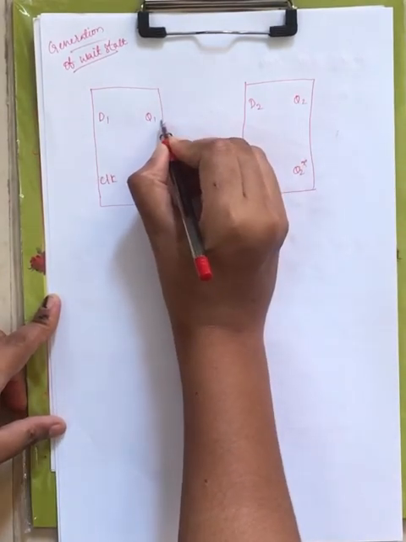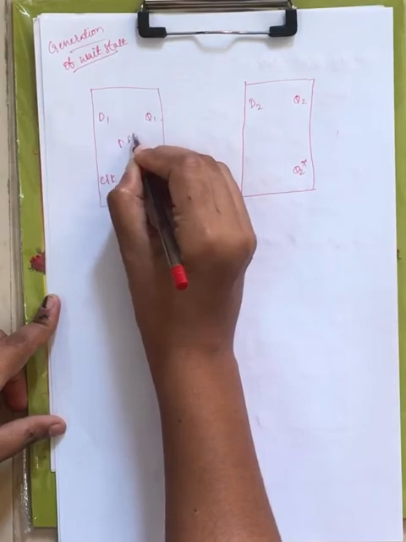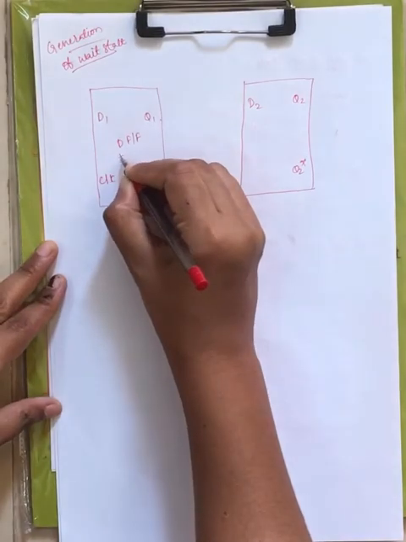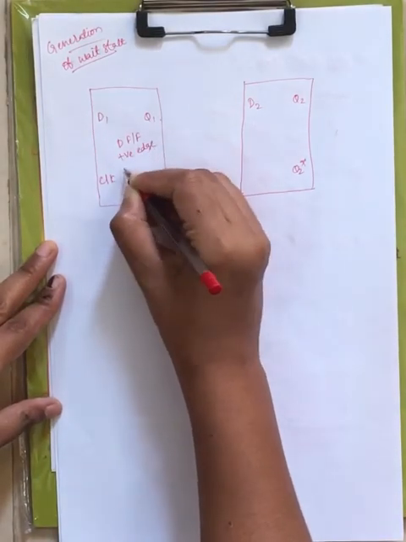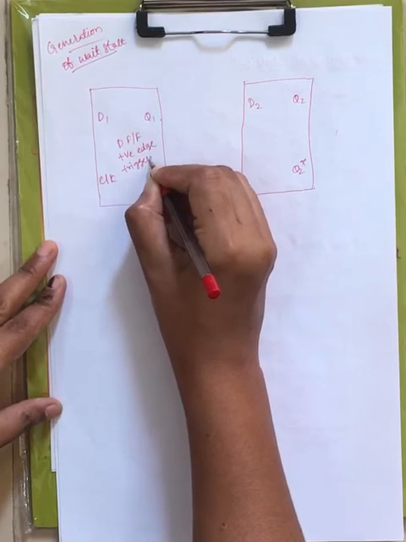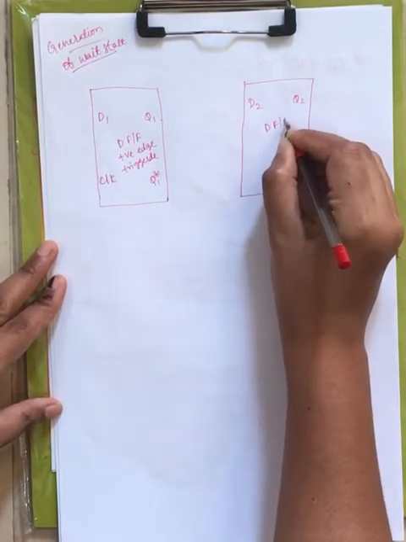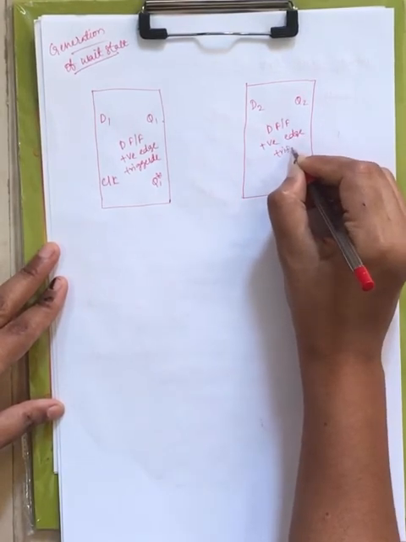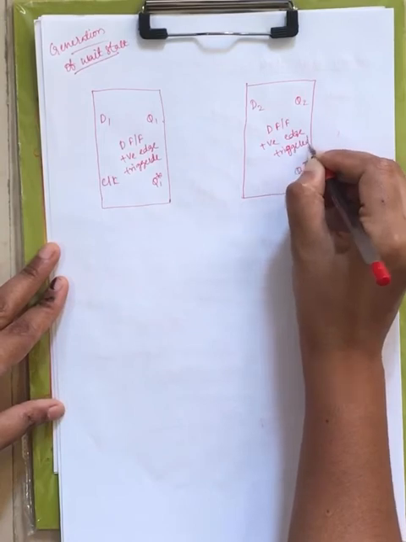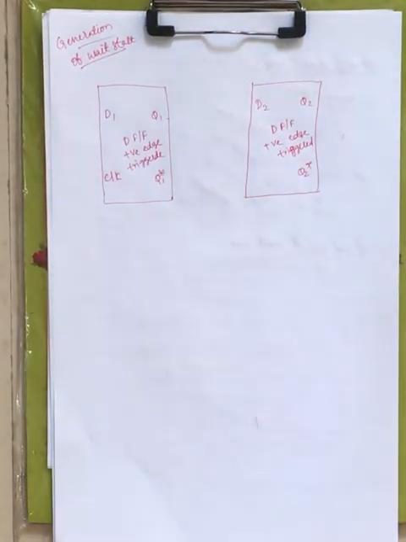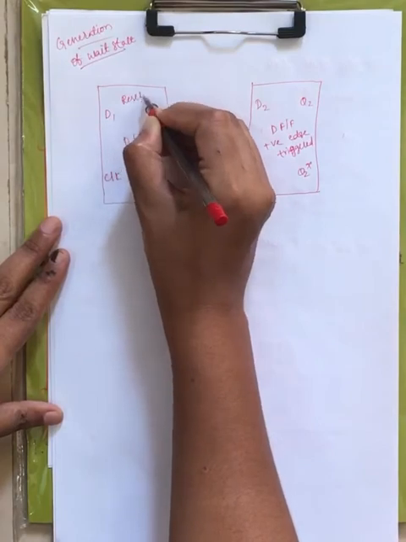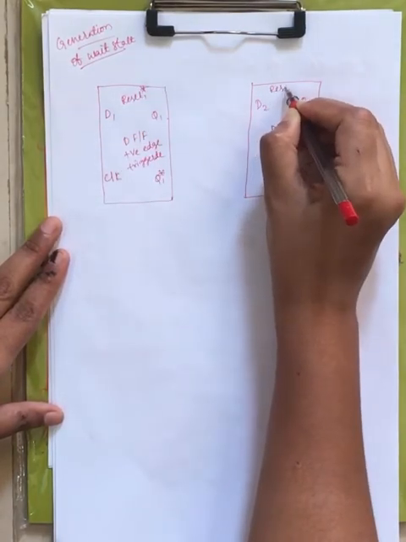Now Q1 of the first flip-flop. This is a D flip-flop which is positive edge triggered, and similarly this is also a positive edge triggered D flip-flop. You know positive edge trigger and negative edge trigger. That means the D flip-flop will operate on the positive edge of the clock pulse. When it is negative edge triggered, the D flip-flop will operate on the negative edge, that means the falling edge of the clock signal. Next we have reset pins, reset 1 and reset 2.